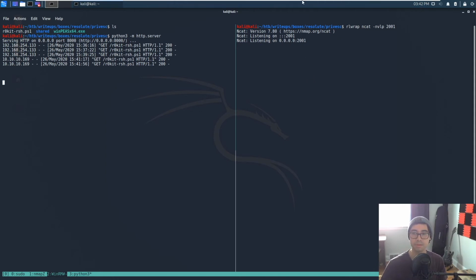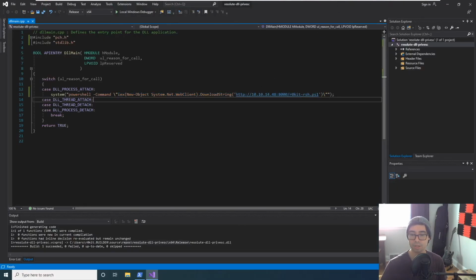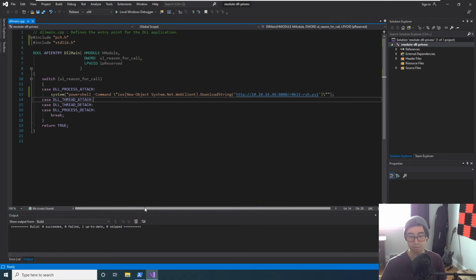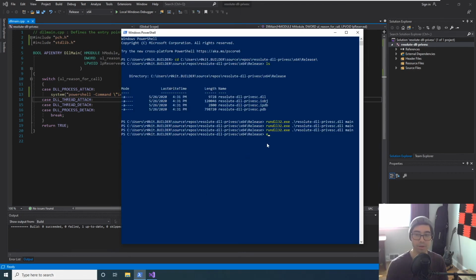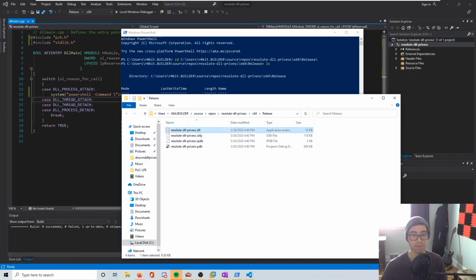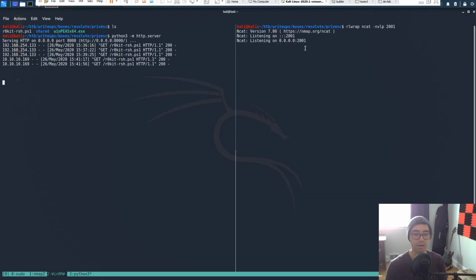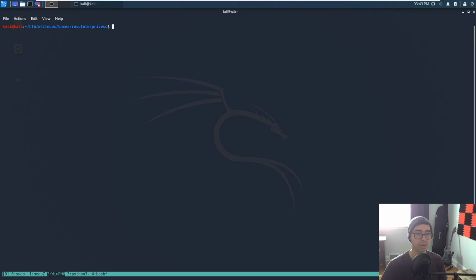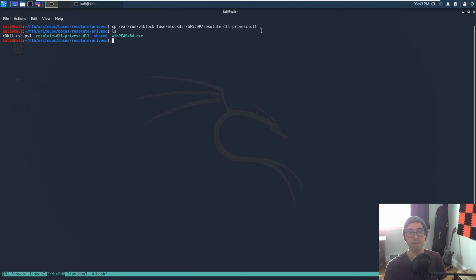All right. Now we need to transfer this DLL from our Windows host to our Kali host, and I'm just going to do that with VMware tools. So I'm going to run Explorer here, and just drag and drop it to my host computer's desktop, and then move the DLL from my host computer desktop over to my Kali machine right here. So we got that. I'm going to copy this to this directory here. We're in the privs directory, and I'm going to copy the Resolute DLL privs to